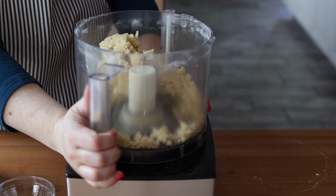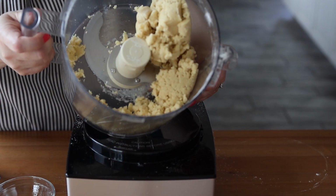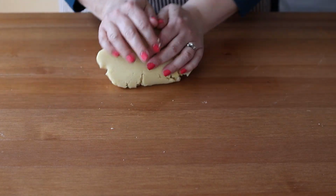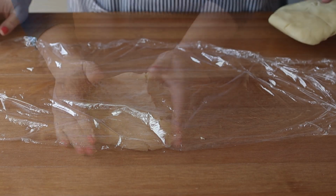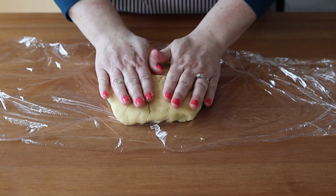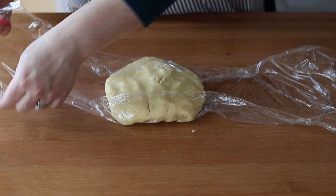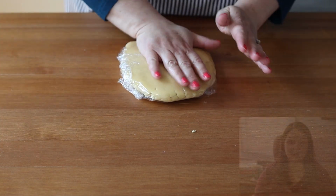After that, you're going to roll out the chilled dough to fit a 9-inch tart pan with a removable bottom. While I'm working on rolling out the dough, I'll tell you a little bit about the origins of the tarte au citron. Although we call it a French lemon tart, and it is very popular in French bakeries, some historians